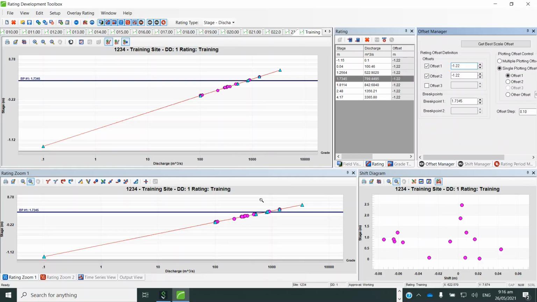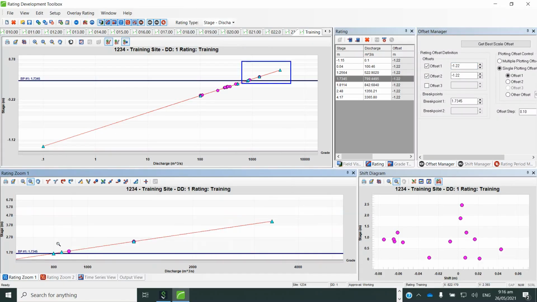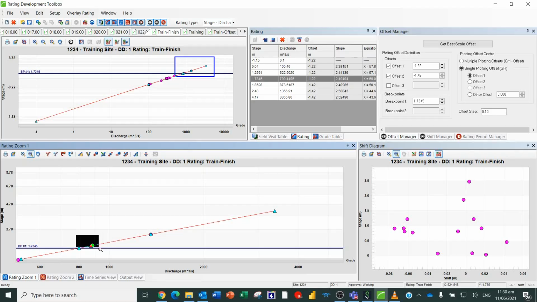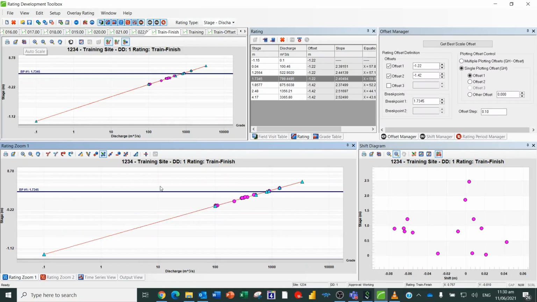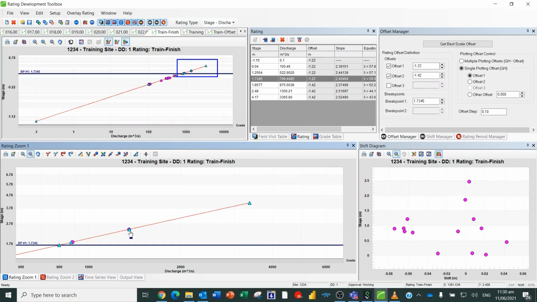But let's zoom in on the top end here. Let's have a look how this looks here. So that's fairly good. I mean, we could maybe move this, but it looks like we're pretty close to the center of that. And we have another one here halfway up. Let's zoom in again there. And so they're not looking too bad, but if we wanted to check that, of course, again, we need